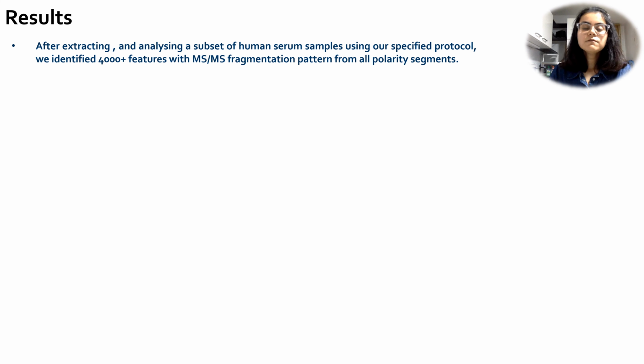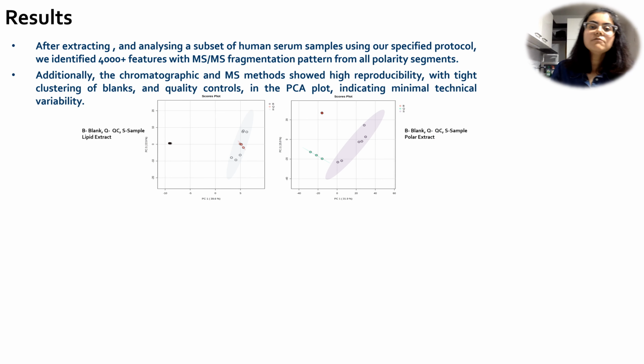After careful extraction, processing, and analysis of a subset of human serum samples, we were able to identify 4,000 plus features with MS-MS fragmentation pattern across all the polarity segments, which will further enhance our capacity for biomarker identification for our future experiments. And additionally, we also want to see whether the LC and the MS methods are reproducible